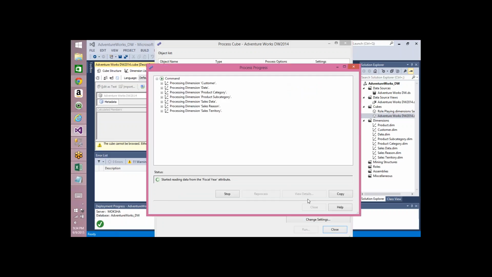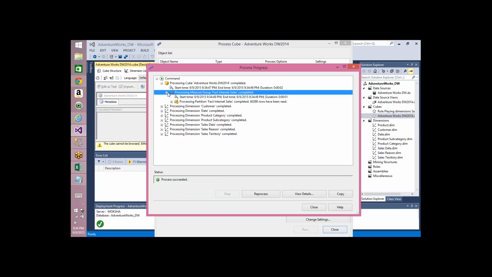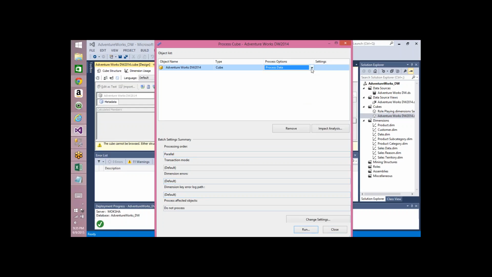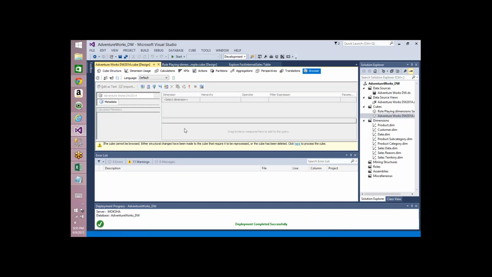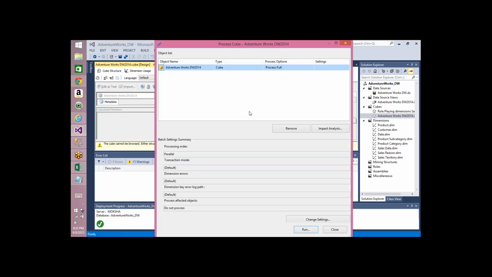It will not create indexes, and the dimensions are not in process state, so it processes the dimensions first and then it will start reading the data. Here you can see that records have been read. Once it is completed, if you go back by closing it and open the processing option again,